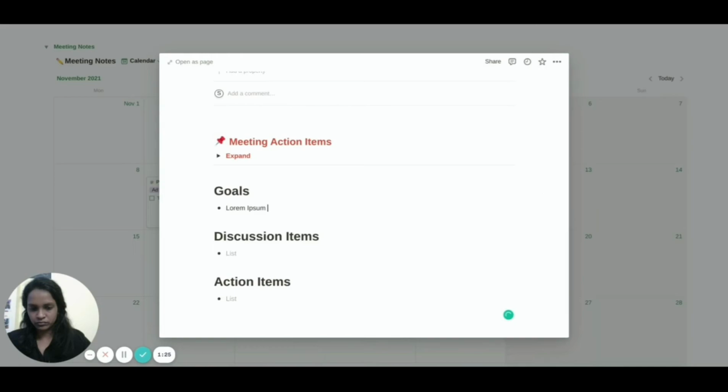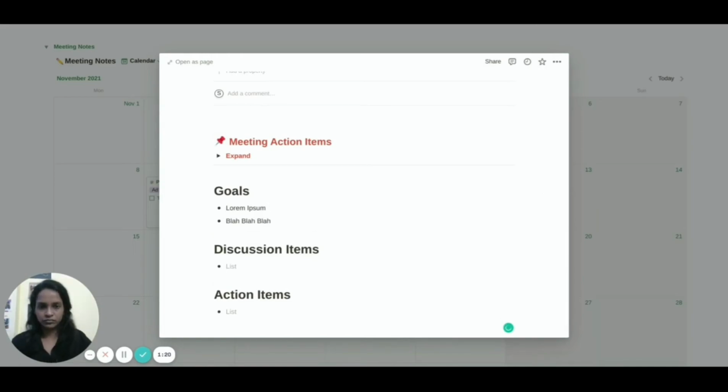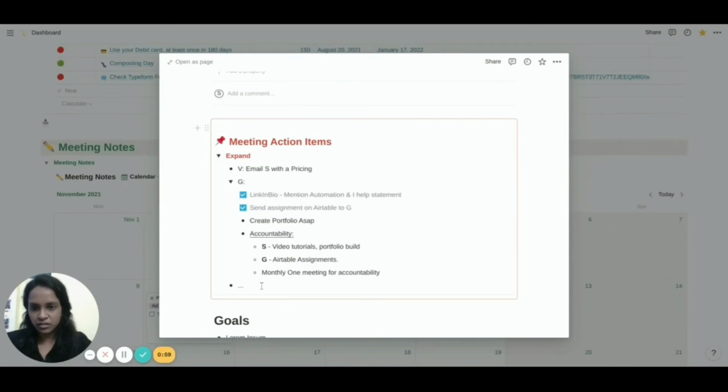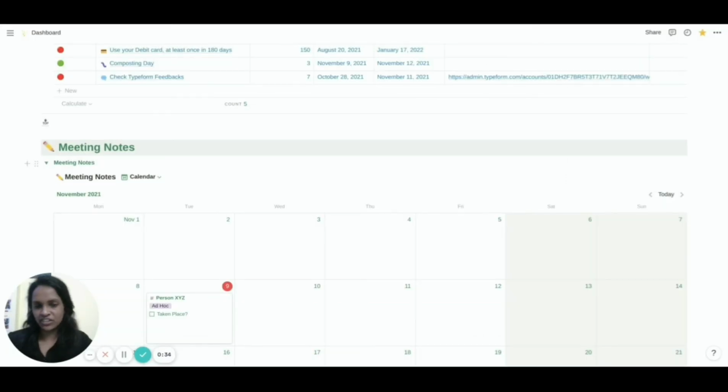I go on using the page to update the minutes of meeting as I should. And finally, I will add some important action items if I have to from this meeting into this sync block. And that's it. I close my page and go about my day. I don't have to separately go to the dashboard top section again just to update my action items there.